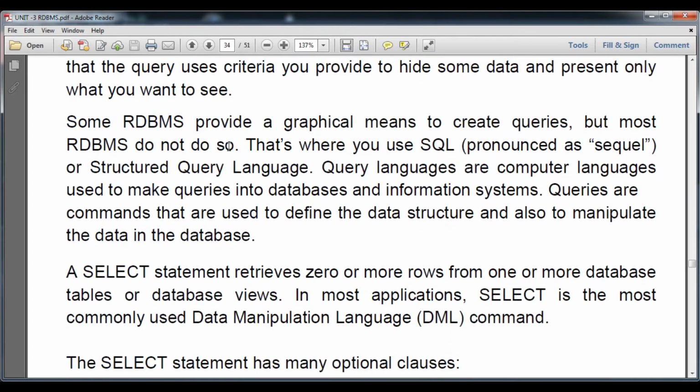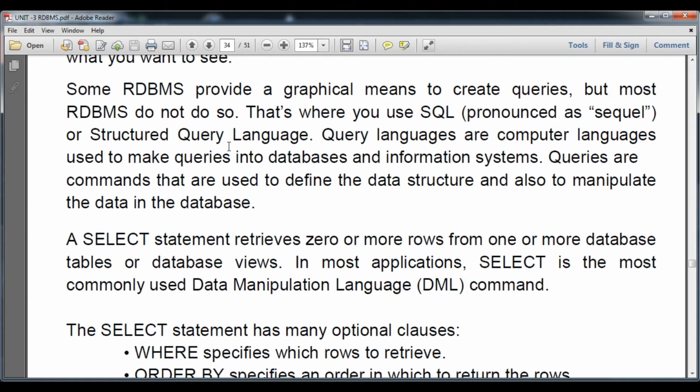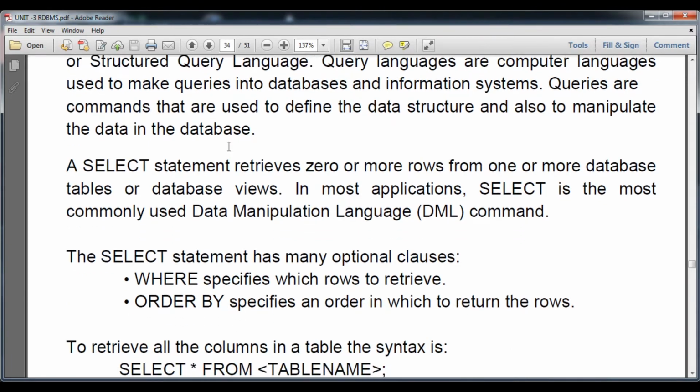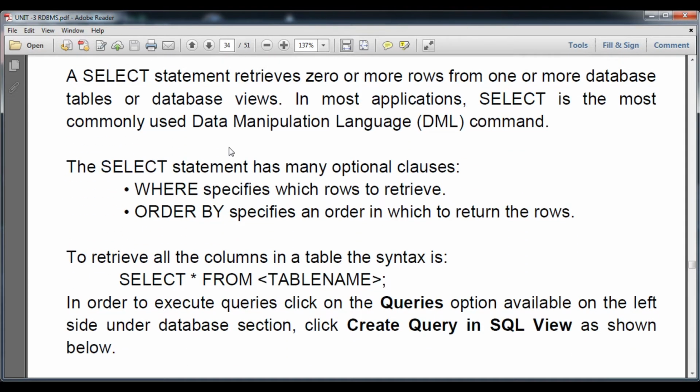In RDBMS, the query language SQL is introduced. Inside that we will learn the select command. This is data manipulation language. The select command is covered under the data manipulation language, that is DML command, in which we will use the select command first, then along with where for retrieving the information under the criteria, and order by for specifying the order, either ascending or descending. And how to access the data: here is the simple command, the select keyword, then space, star, from, then the table name.